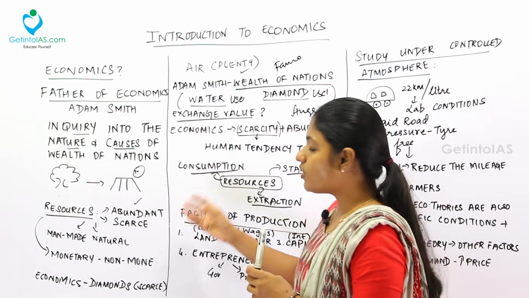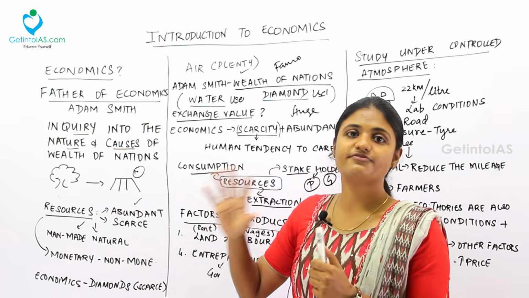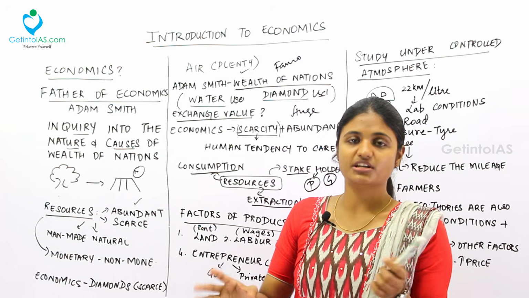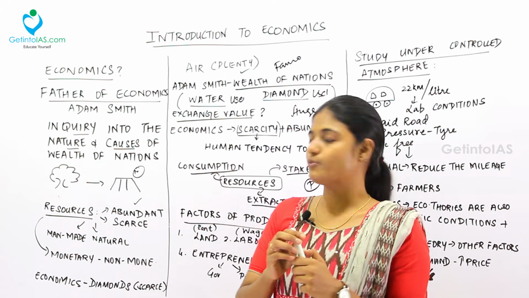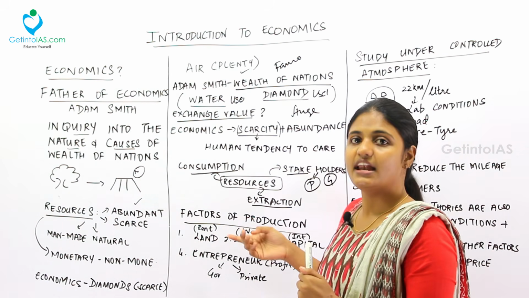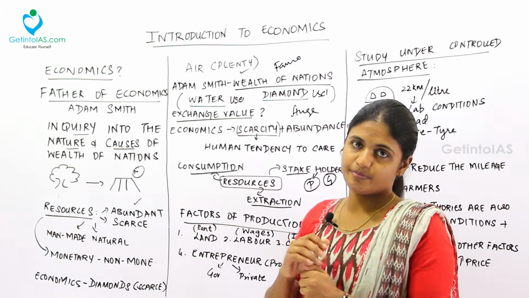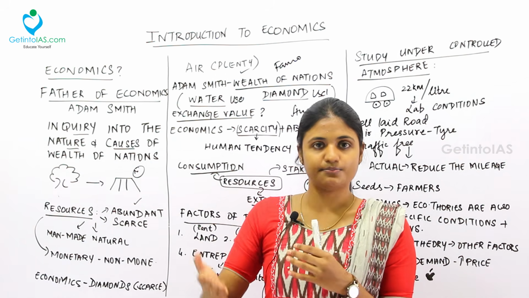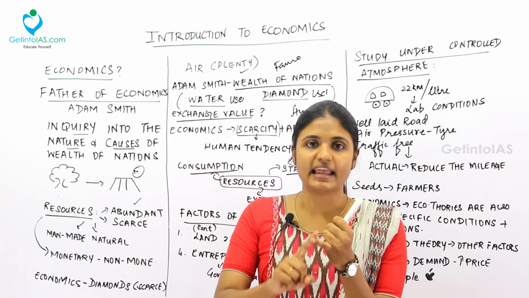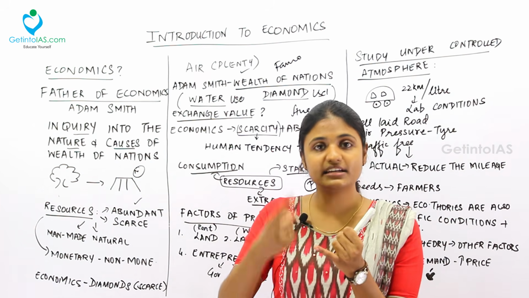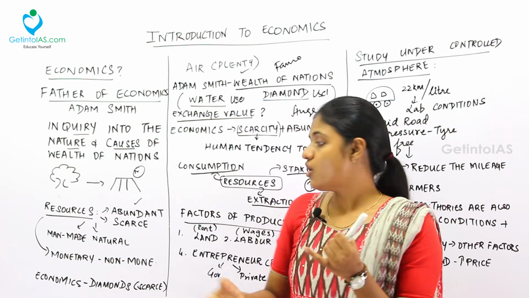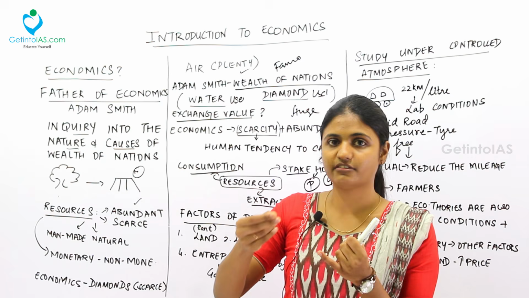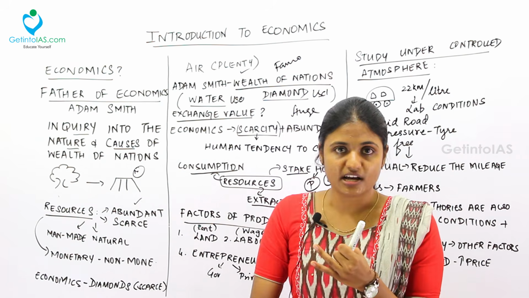Next, a very important subheading under economics is factors of production. So in economy, we have many factors of production, but the main 4 factors of production are, first thing, land, labor, capital and entrepreneur. Okay. So in case I am a business person, I want to start a business. Fine. First thing is I need land. So land is for what? On that land, I may grow any raw material. If in case I am renting that land, I should pay rent for that land. Fine. And I may use the land for transportation.